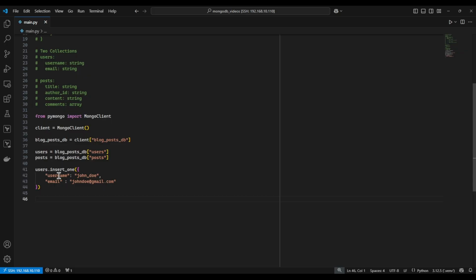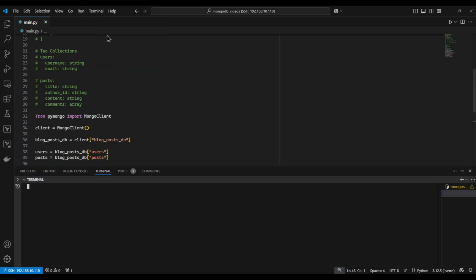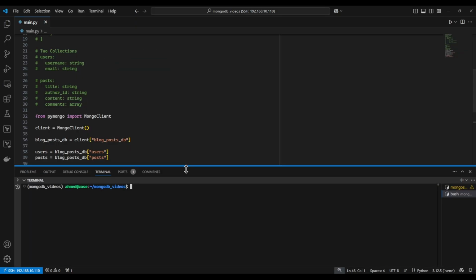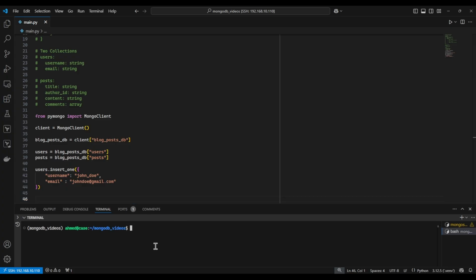Once this is done, let's run this script and see if the data has been added. So if I run python main.py, now if I go to mongosh